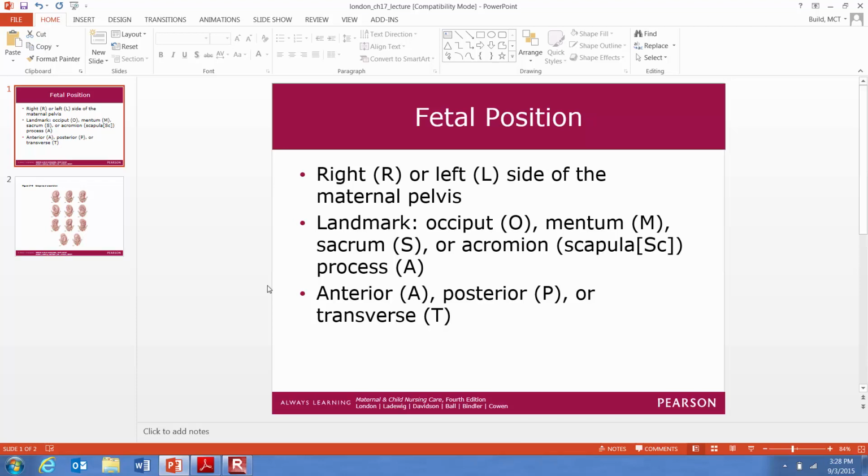Okay, so when we are documenting and when we are talking with other healthcare members of the team, and this woman is progressing in labor, we're assuming that this baby is head down. Not assuming, we're going to check and know this baby is head down. So throughout this woman's labor, we're talking about this baby being head down. Okay. Well, what part of the head are we feeling? Which way is it facing? That's important because it will impact her length of labor, and it will impact her length of pushing, and it will tell us how strong she needs to push. Okay, so